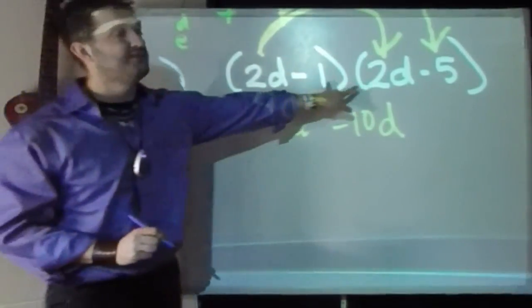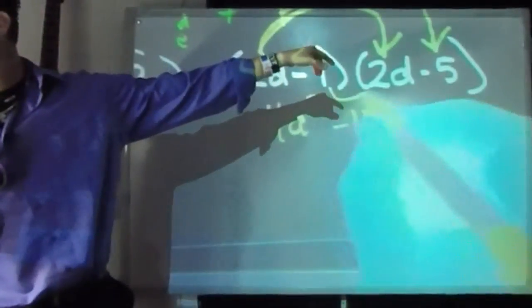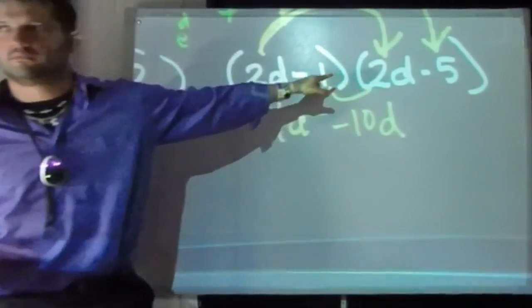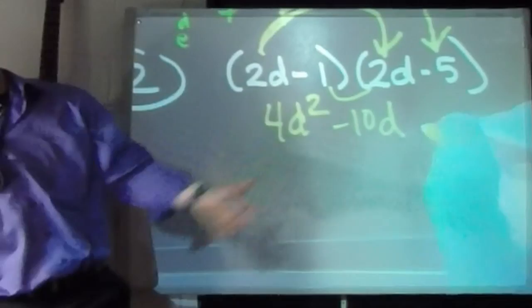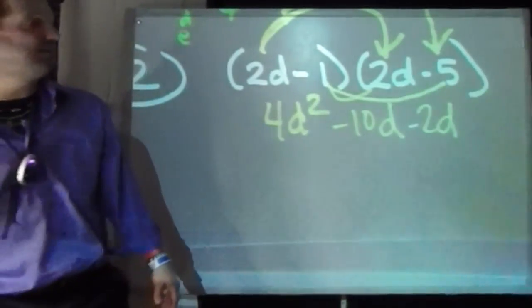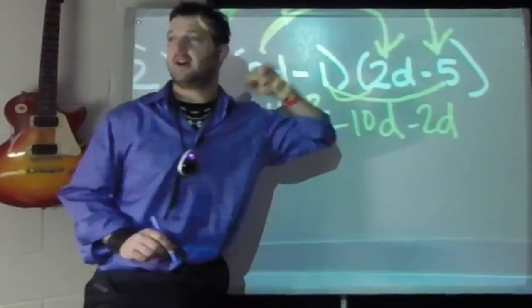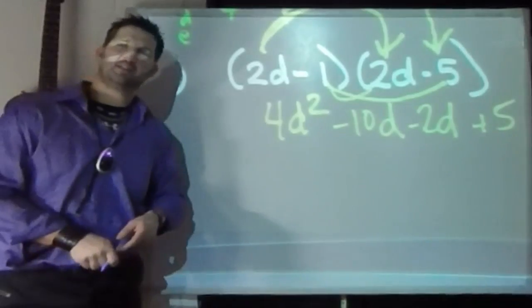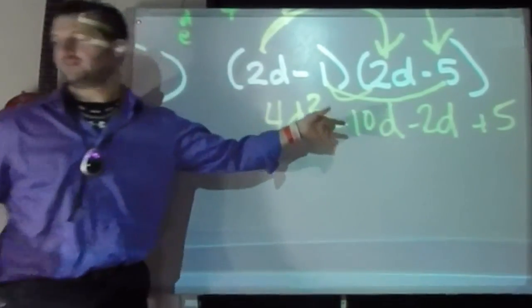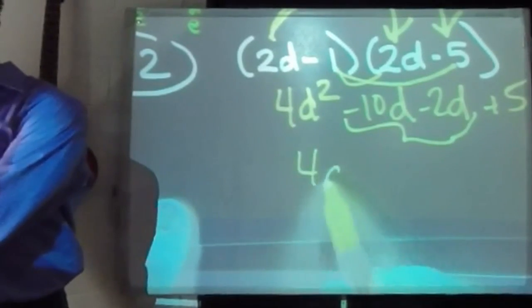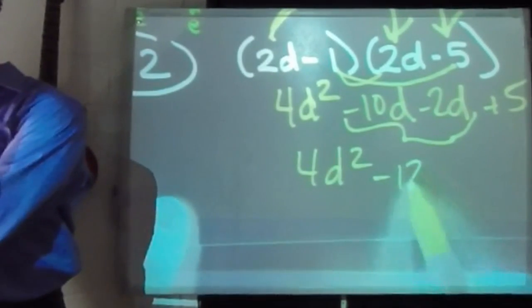I bet our I gives us another D piece. Negative 1 times 2D. What's negative 1 times 2? Negative 2D. And then here comes your L. Negative 1 times negative 5. Negative 1 and negative 5 makes positive 5. Can we CLT the middle two pieces here? Yes. So negative 10 and negative 2 go together and make negative 12. 4D squared minus 12D